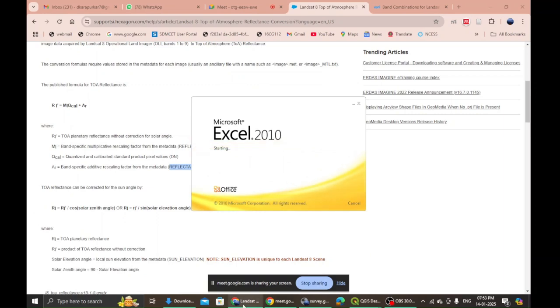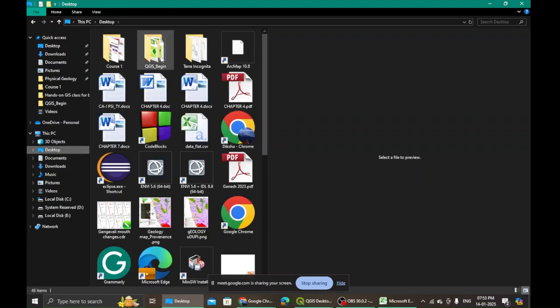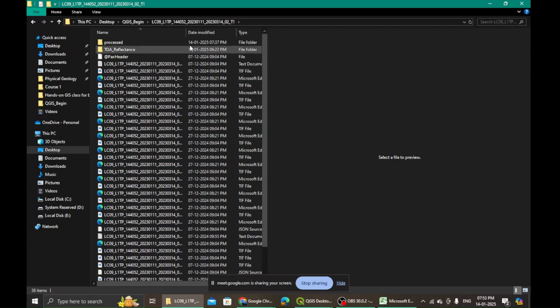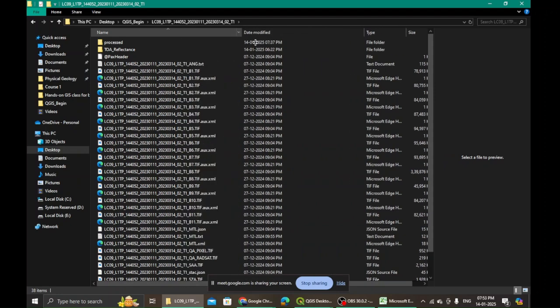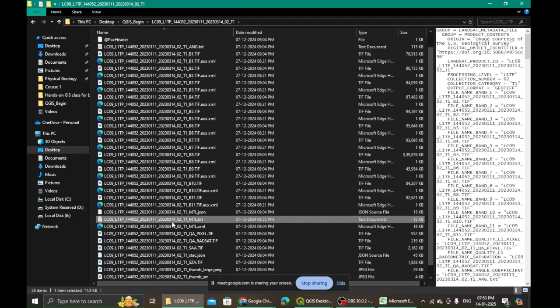open an Excel sheet and go to the data that you have downloaded. I have downloaded it on our desktop, and on the desktop this is the file that I am referring to. Here I will see a metadata file that has an extension of MTL, a TXT file.